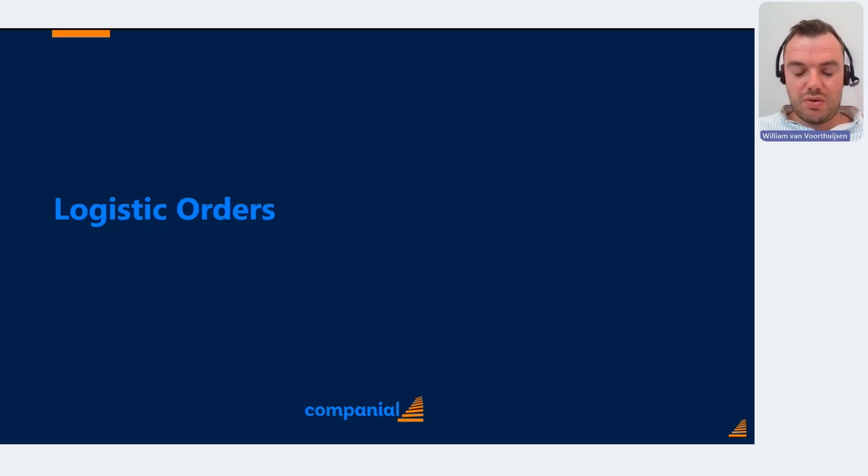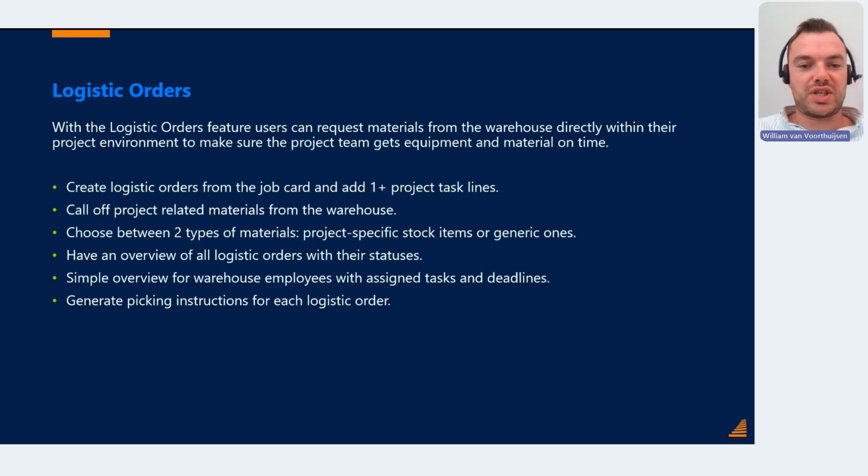So now all around logistic orders. Logistic orders is basically, imagine a construction company who is building at different construction sites, and they need to have materials on those different construction sites either shipped or, also, of course, often the case at construction companies, the pickup method, that the employees in the van take it with them. Therefore we have created the feature logistic orders,